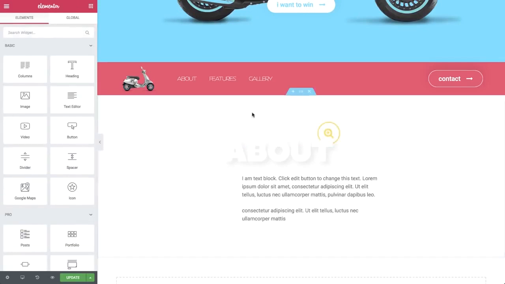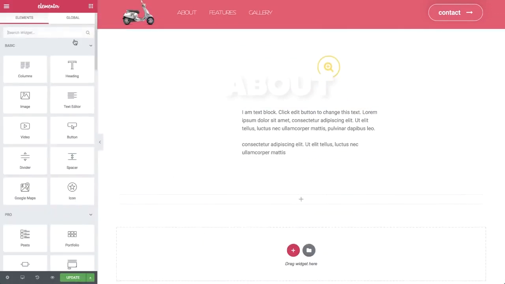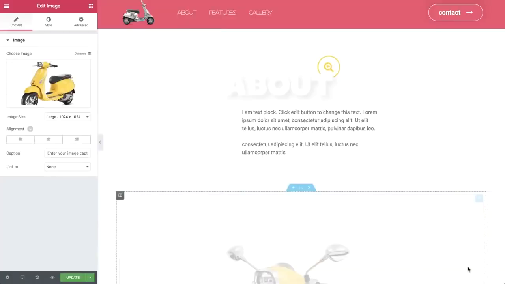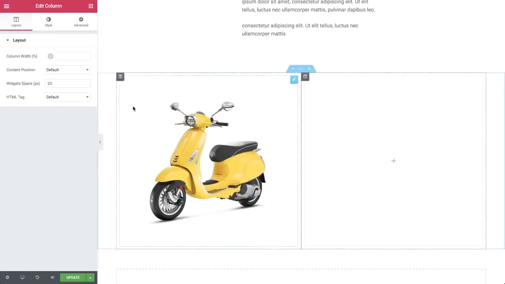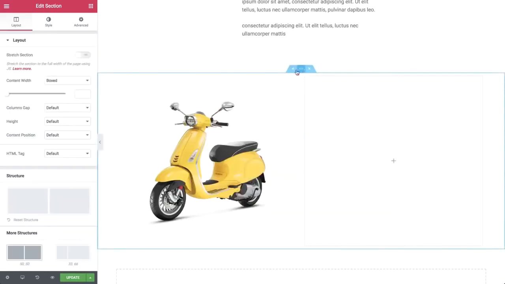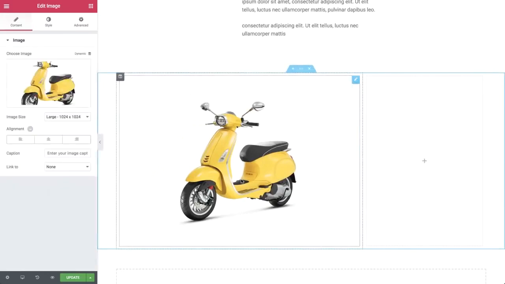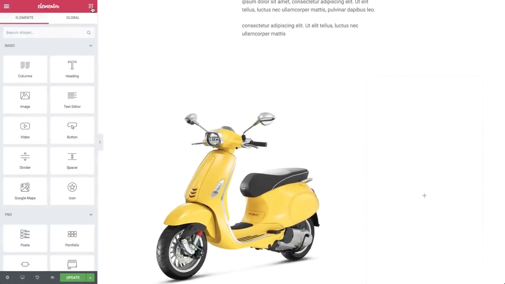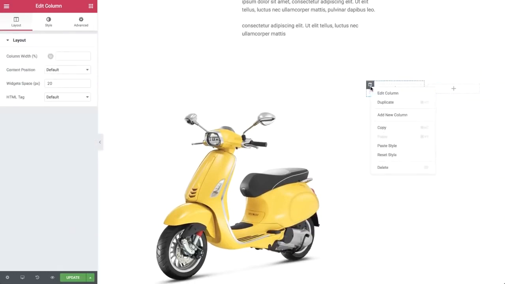Under the About section, let's add a new section. Drag in an image widget. We'll choose this image. Right-click, add new column. And in the section settings, we'll choose the option of 66:33. Let's enlarge the image in Style to 100% and add a Columns widget to the right column. We can erase one column, right-click, delete,